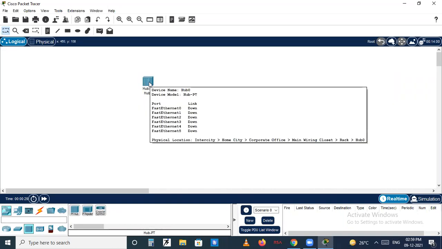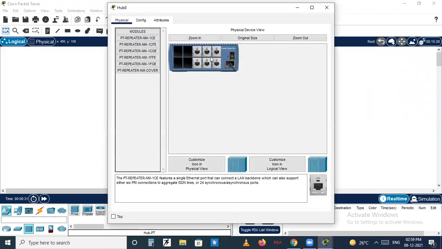On clicking on this, you will see these are the ports of an Ethernet, ports or interfaces. Ports or interfaces are the same thing: 1, 2, 3, 4, 5, 6. Here you can see a green light, which means this hub is switched on. If I click like this, it is off now. Once I click again, it is on, so it can start communication, and it is possible for us to establish communication by using this hub.